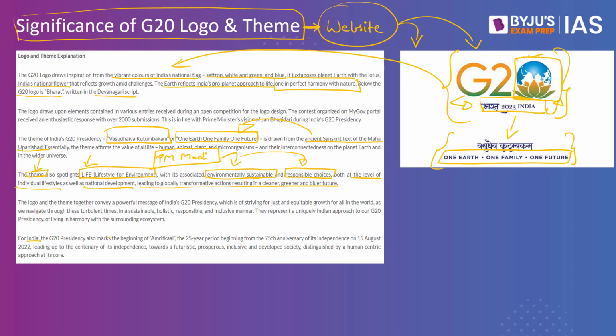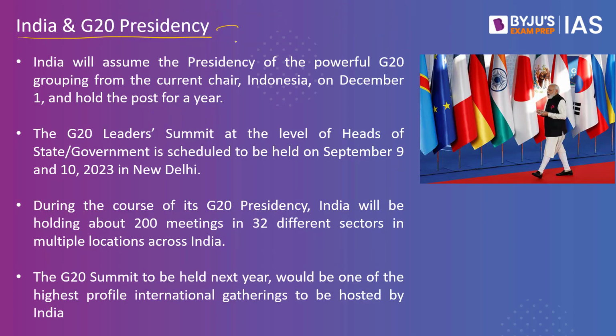And for India, it coincides with the Amrit Kal, while India is marking the 75th anniversary of its independence. And this provides a great opportunity for India to lead and provide direction for the global economy, which is facing a lot of turbulence. As the host of the G20, India is all set to take over current chair position from Indonesia from 1st December.